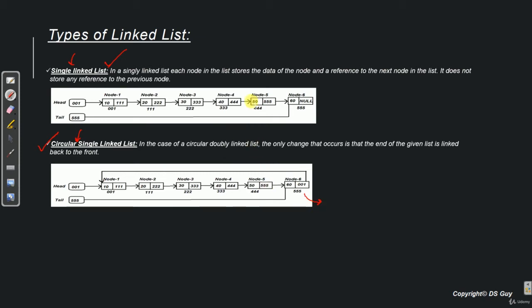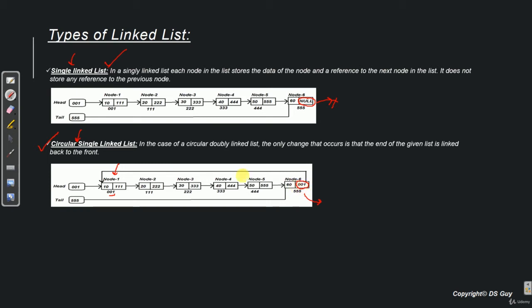In the previous list we saw that the last node stores a null value in the reference, indicating that there are no more nodes after this. However, in a circular single linked list, we store the address of the first node. So our first node's address is 001, and we are storing the same 001 in the last node's reference.